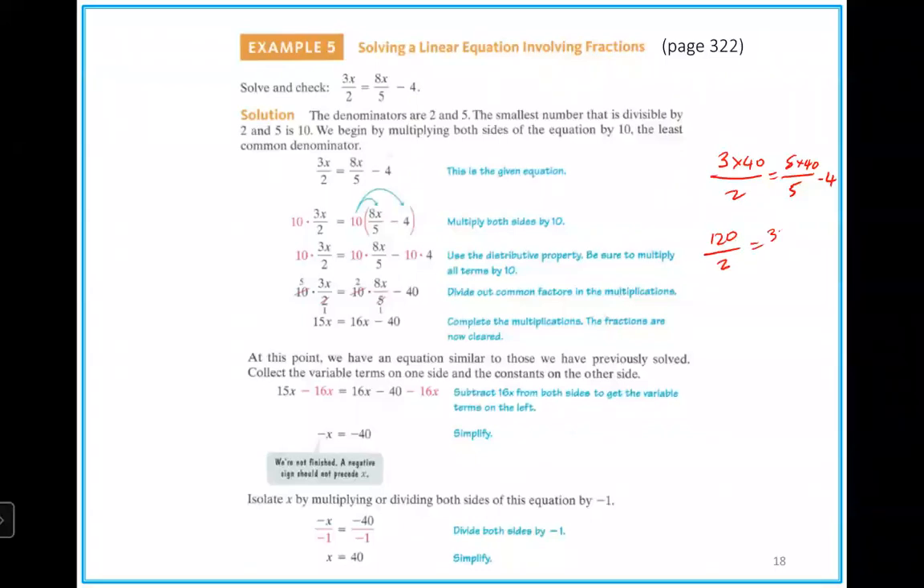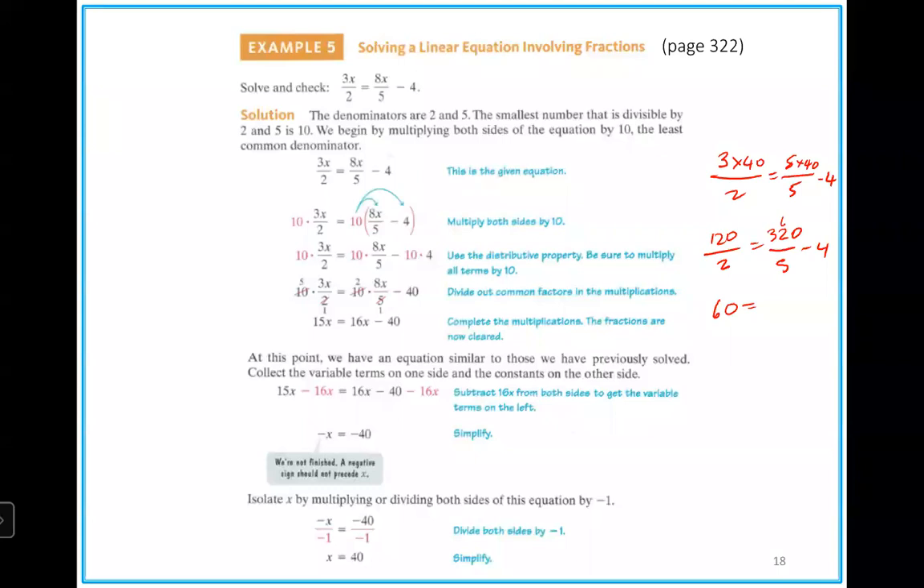8 times 40, that's what? 320 over 5 minus 4. So 2 into 120 goes 60. And 5 into 320, that's